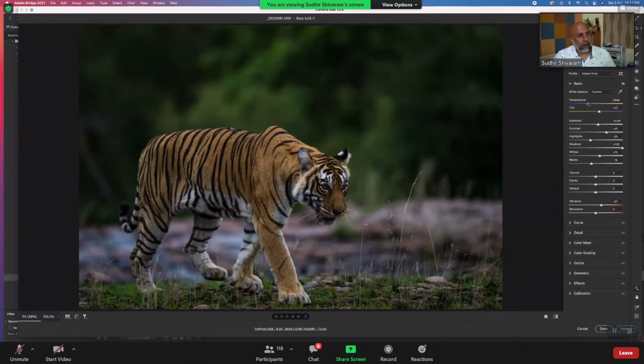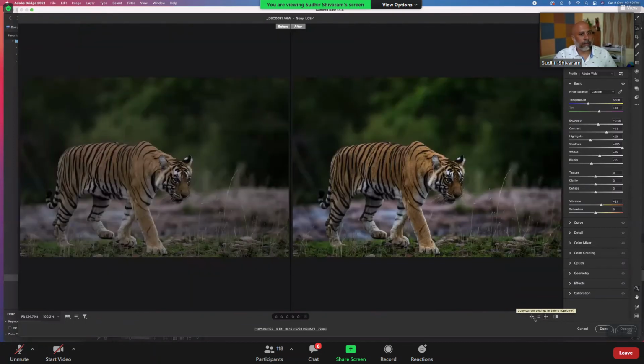I go back and forth with the sliders to get the right result. Here the left side is the before, and the right side is the after. So that's the first round of basic adjustments that I do.